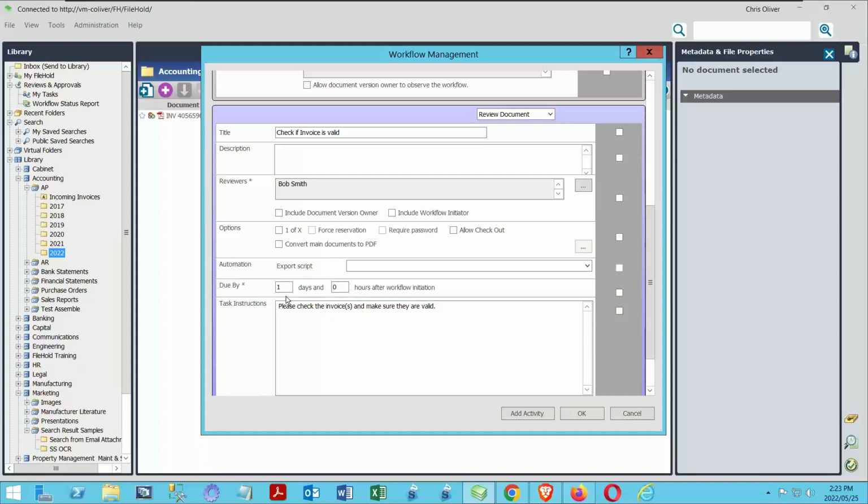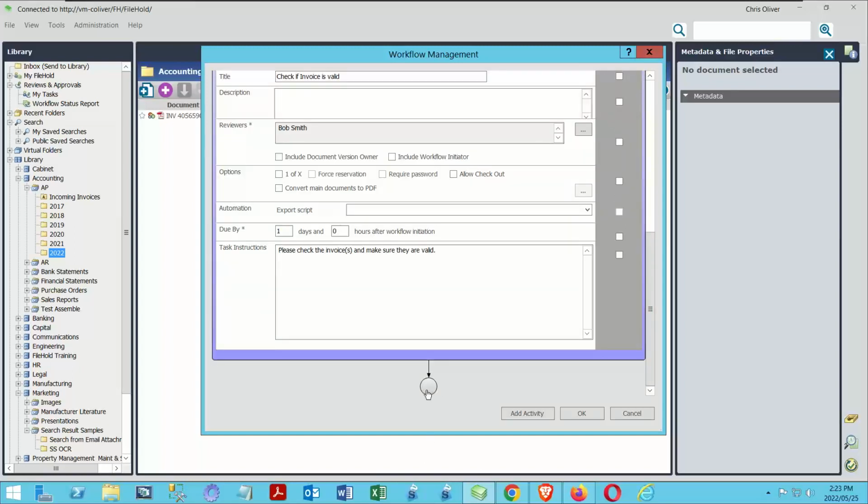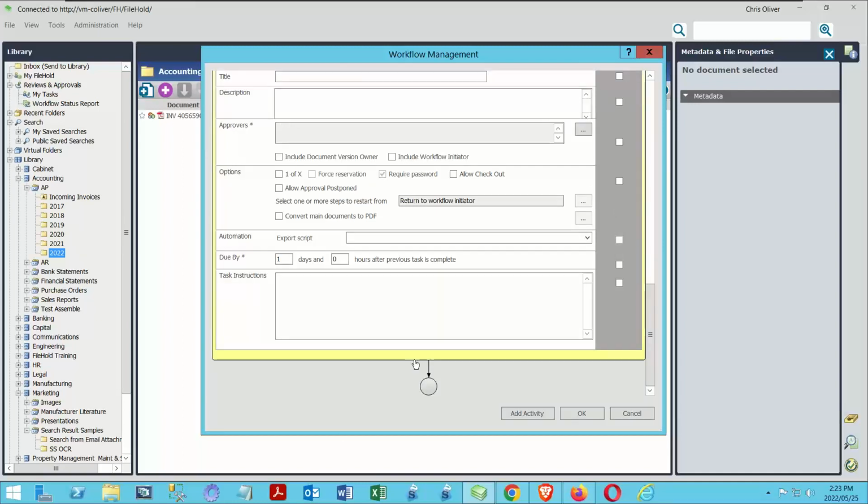And then finally, we've got our due date. So when is this task going to be done? I'm just asking them to check if the invoice is valid. So I think a day is perfectly fine for an amount of time. That's great. We've built our first task, nothing further to do here. I'm just going to scroll down to the bottom, and then we're going to go ahead and now choose our